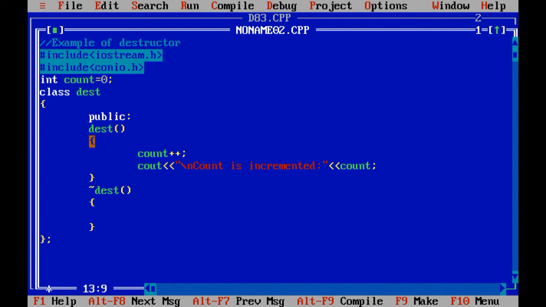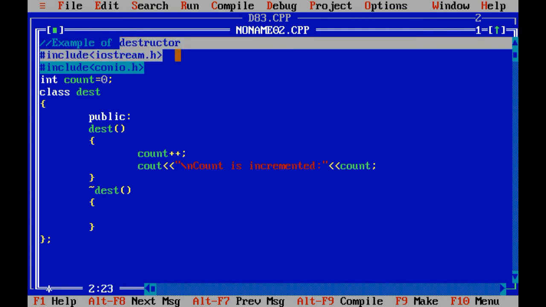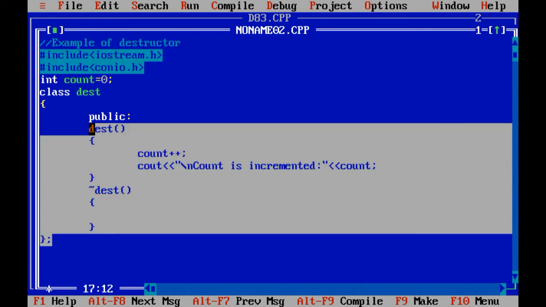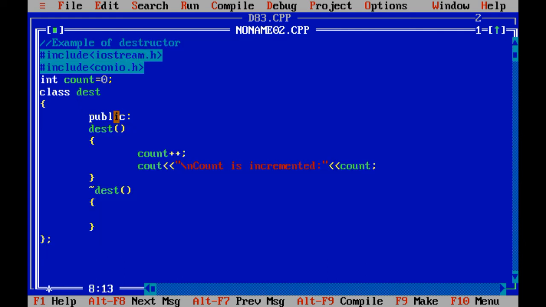So listen carefully. I am going to explain the difference between constructor and destructor, right? Both contain the same name as the class name, but the constructor does not contain any sign, but the destructor contains the tilde sign to declare the destructor. So that is the first difference between constructor and destructor.